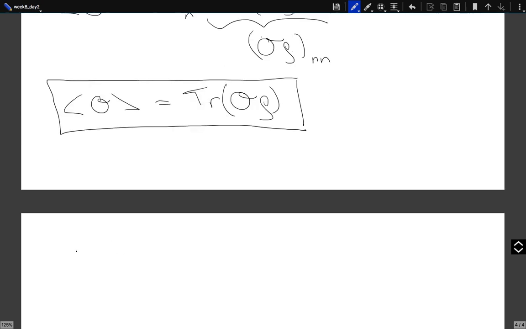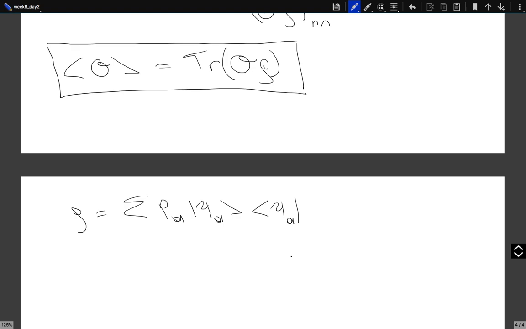And rho, if you remember, we had just written it as the sum over A of probability P_A times |psi_A><psi_A|. Now the wave functions, if you are working in the Schrödinger picture, will be changing in time. So the psi A's are changing in time, and we can look at how this density matrix changes in time. Well, rho dot will be equal to,